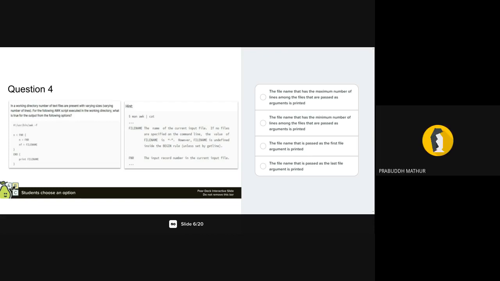So the minimum, right? No, it would be maximum. We are checking if the variable is smaller than the current FNR. So only if the current record has more lines than the previous record will it get updated.